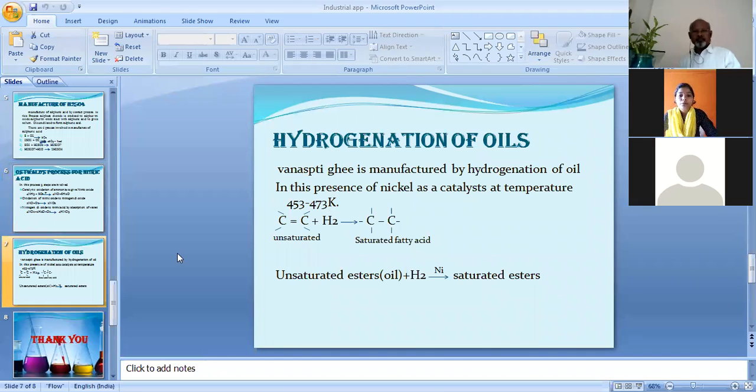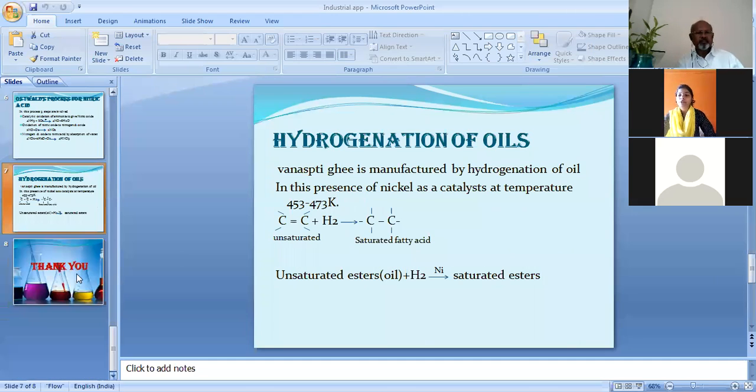Last one, fourth, hydrogenation of oils. Hydrogenation is a process in which a liquid unsaturated fat is turned into a solid fat by the addition of hydrogen. Hydrogenation converts unsaturated hydrocarbons into saturated hydrocarbons. In hydrogenation, the double bond is removed and hydrogen atoms are added. In the reaction,